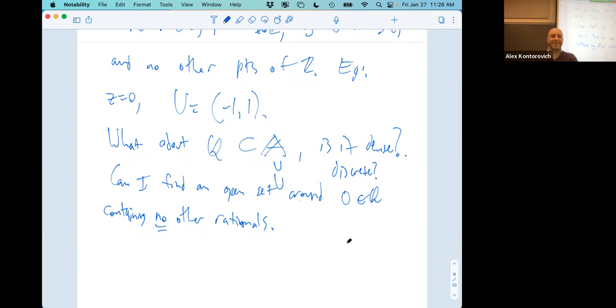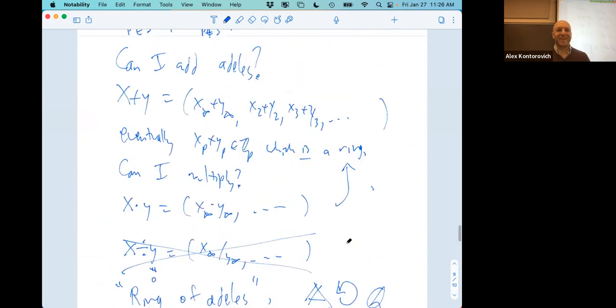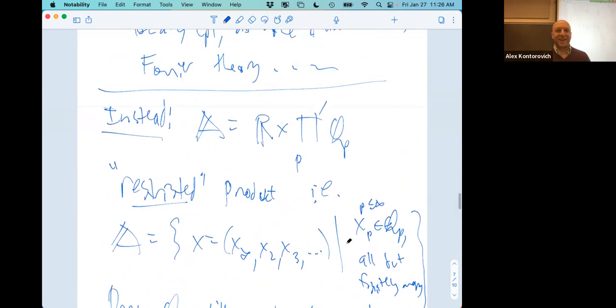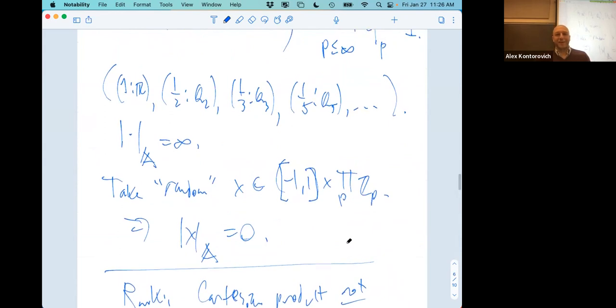Close to zero, all of the things that you'll get have primes in the denominator that they don't have in the numerator. So if you take from each Q_p, no, just let each one of them be Z_p. Any rational that's close enough to zero has to fail to be in one of them. So that is very, very close. We almost had a set here.